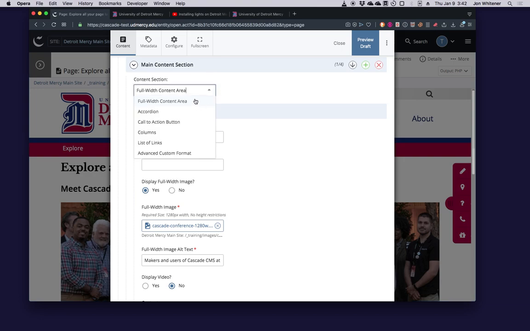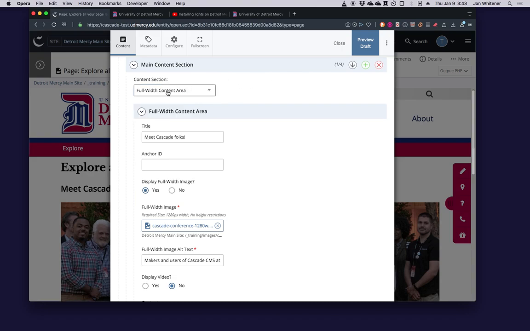So this is a drop-down menu, and these are the options for any given content section in an ordinary page: a full width content area, an accordion section, a call to action button, a columns area. Those are the main ones you're going to use the most. The last two, if you're getting into those, you're probably going to be working with us in marketing and communications directly. But these 4 here are the primary section types.